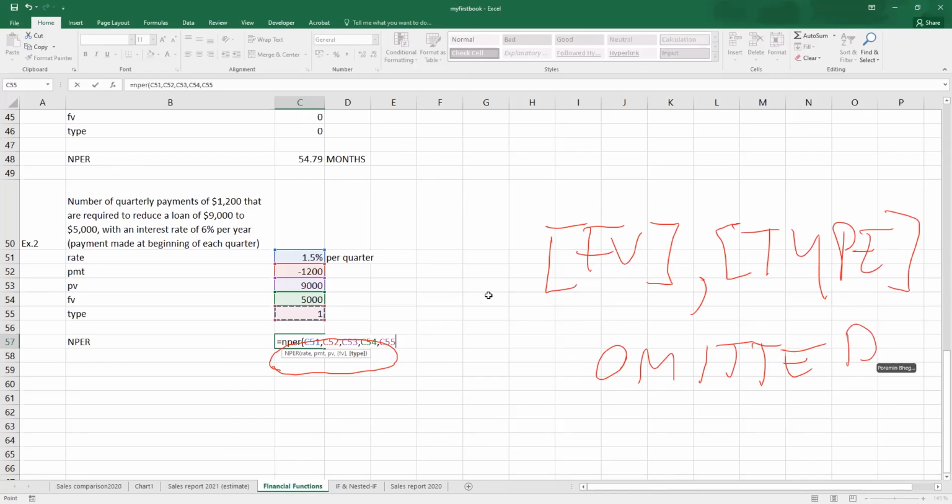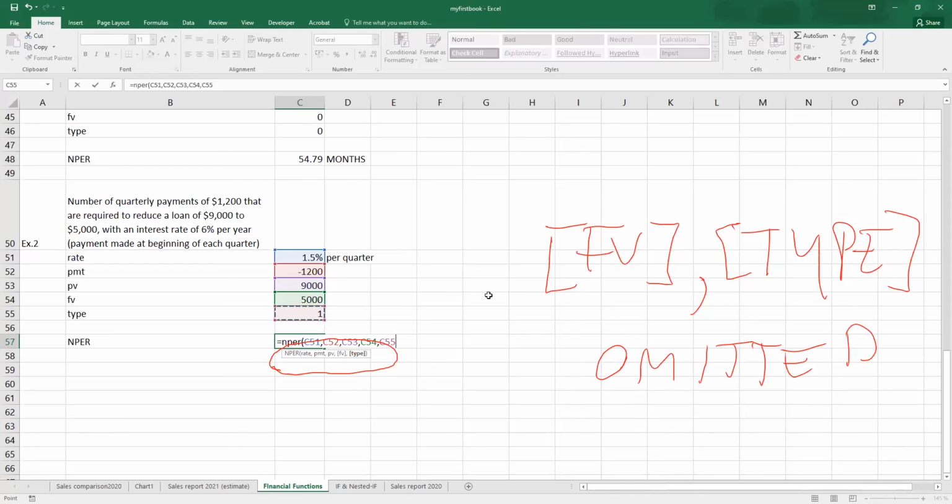If you don't enter FV, or future value, the assumption is that the future value is 0, or you clear off the debts. But if you are not sure, just put a comma and then put the value that you have, or put 0 for the future value. That is like clearing off the debt, something like that. Okay. So in this one,